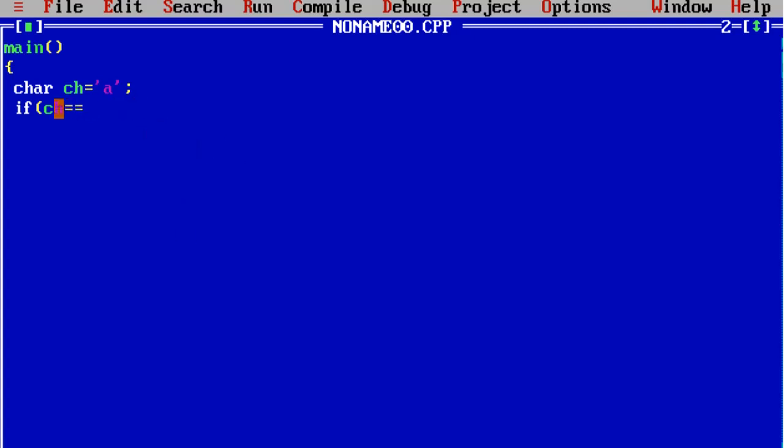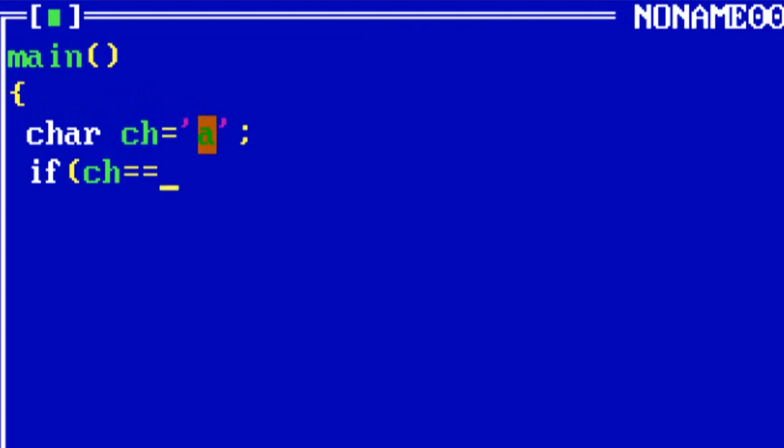So we say if ch, what we have assigned as the value, can be E, I, O, U, anything, a consonant T, or it can be a vowel U, right? So we say ch double equals to A. We have to check multiple conditions, but remember, we check a single condition at a time.